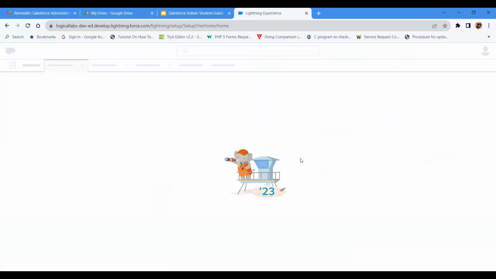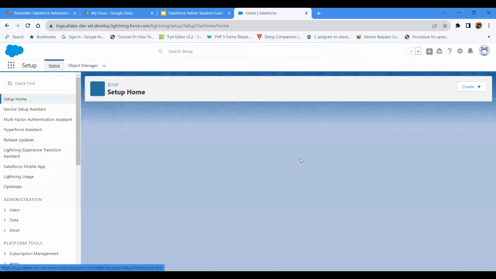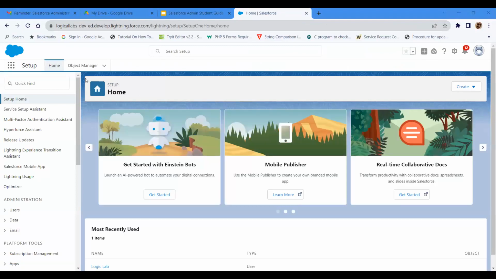Now I'm going to navigate the page here, to see what all we have. The moment you log in, this is the production environment. You can land on the setup page here. On the setup page, you have Home. When you click on Home, this is the home page. We can get started with assistant bots,